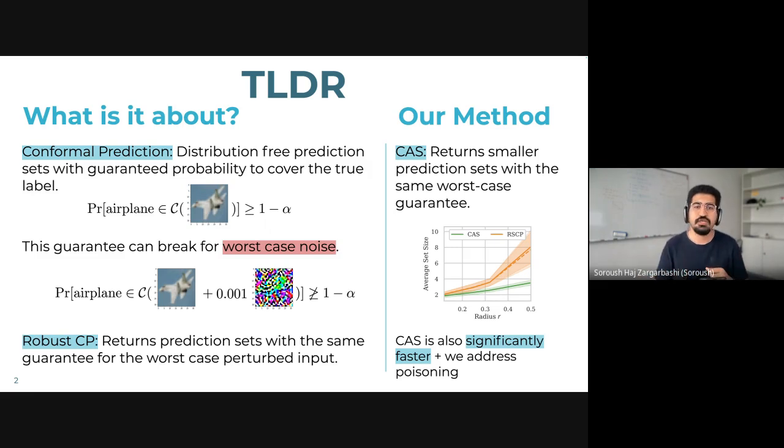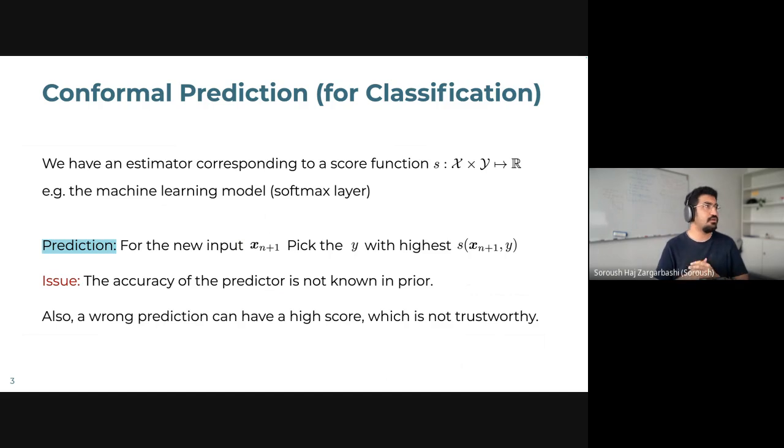And at the same time, it is much faster in terms of computational time, with the same guarantee for the worst-case input. Also, in addition to that, we address label poisoning and feature poisoning, but in this talk, I will talk just about the feature poisoning. So first of all, before...